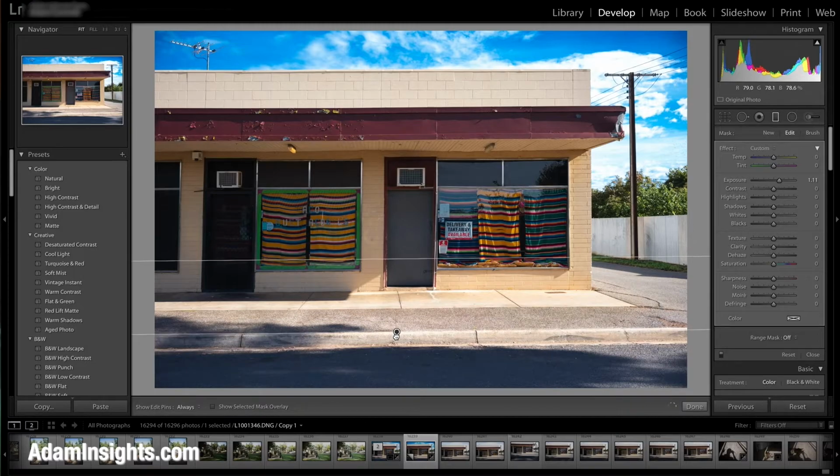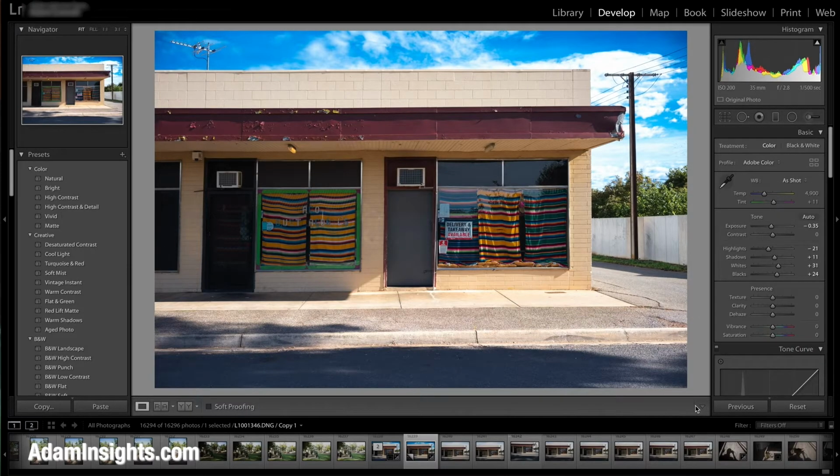We can also just adjust the focus of this filter. But as you can see, it's just lifted the exposure around those shadows. It's great. Now I'm going to click done, and I'll then click it again,